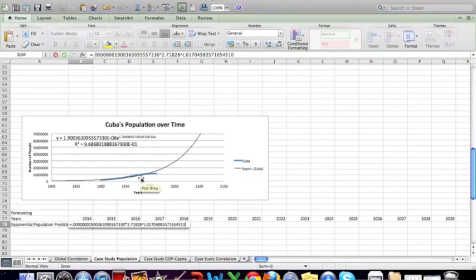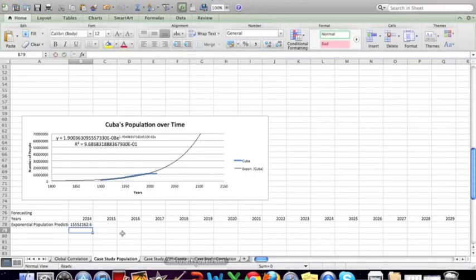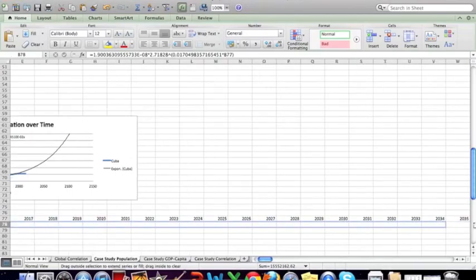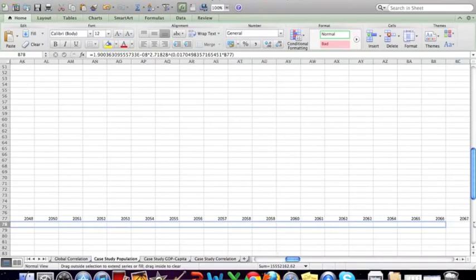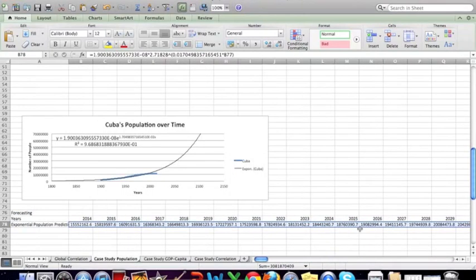Okay, and then at the end there is an x, so I'm taking this number times x, and x is years again in this case. So end parenthesis, hit enter, and drag the formula across. Okay,